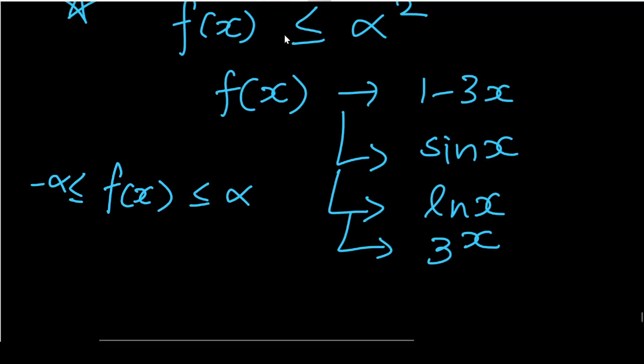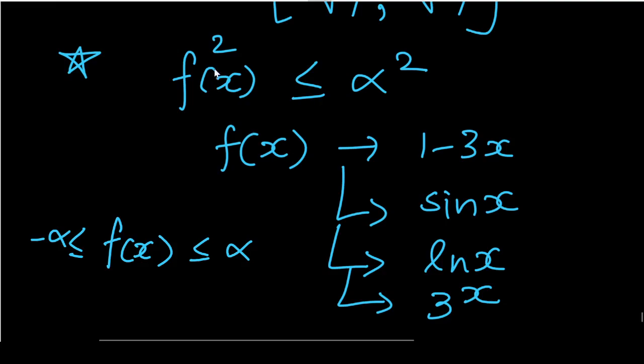So this can be generalized further. F square x instead of x square, where f(x) can be linear, any function, guys. These are some of the examples that I have written. So it would be minus alpha to plus alpha, and so on. The other functions cannot be there instead of f(x).